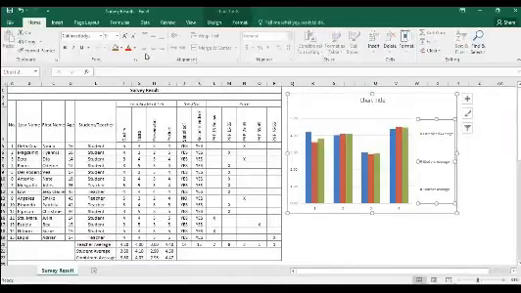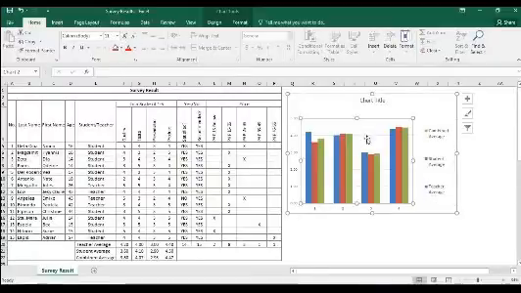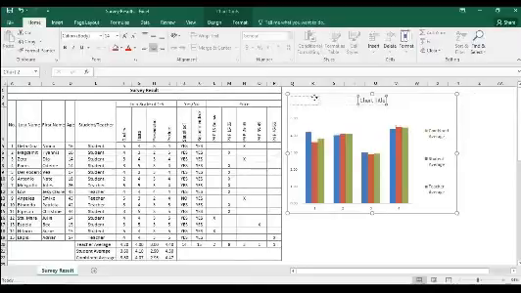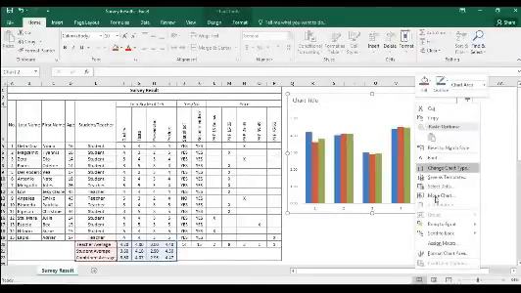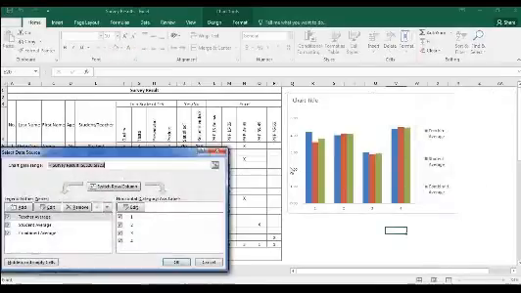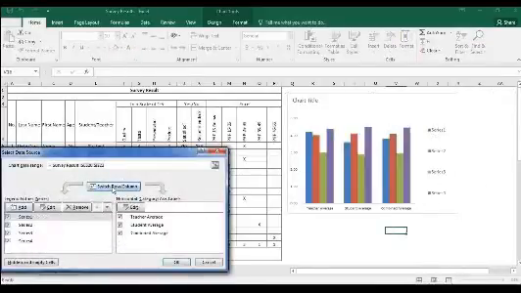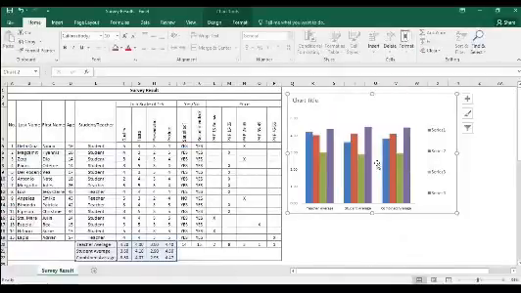And then for this label, let's make it bigger so that it will be readable. And then for the grid lines, let's remove the grid lines so that it will be clean to see. For the chart title, let's move it here, but later let's have a different layout of that one. So click on select data, and then let's switch it so that it will be easy for us to interpret. Okay, so we will have it here.